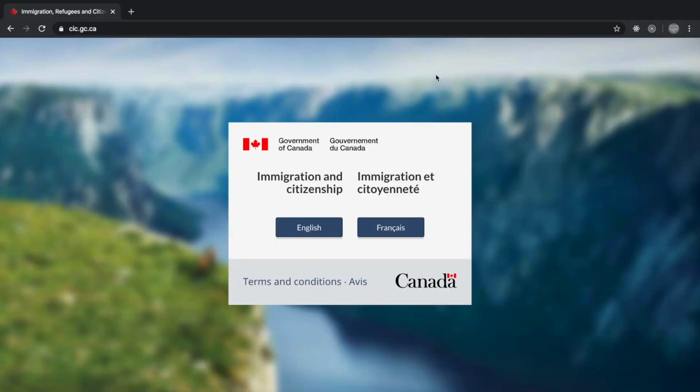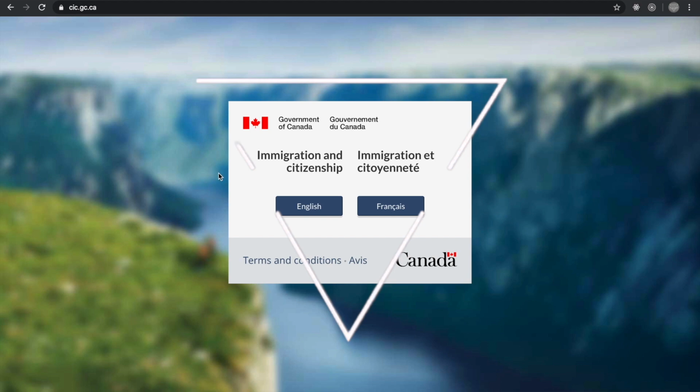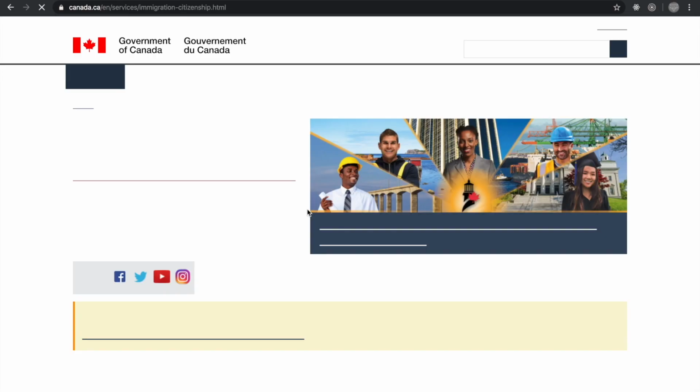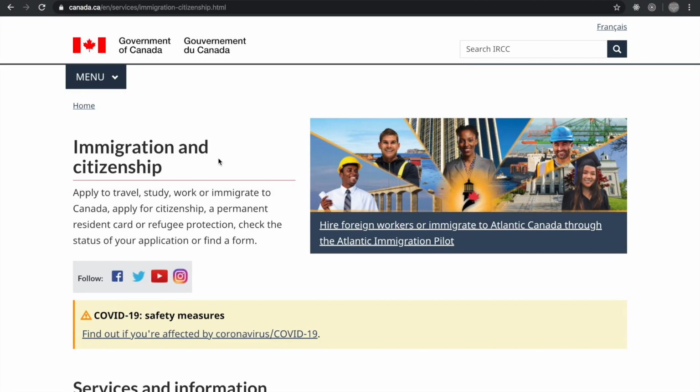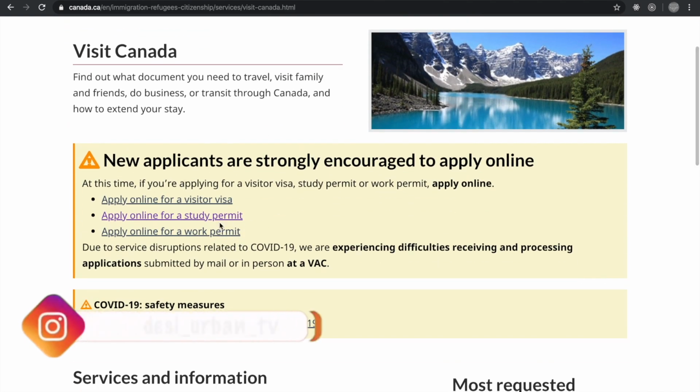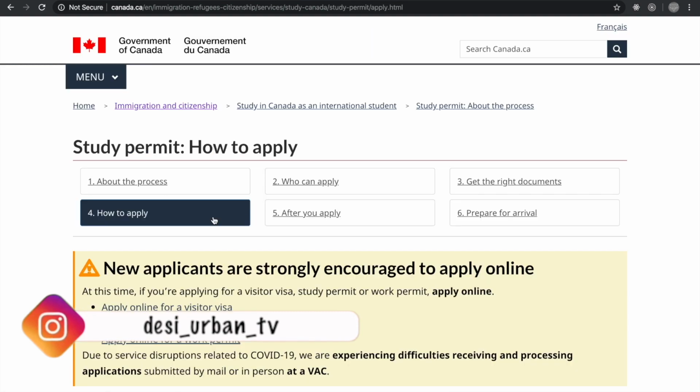So now, as you can see the website, you have to go to the CIC website, which is cic.gc.ca, and click English. Then you can see the screen like immigration and citizenship, and go to the service information section and go to visit. Then here you can apply for study permit. Then we can go down